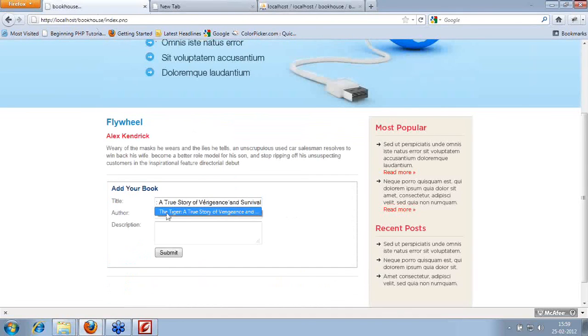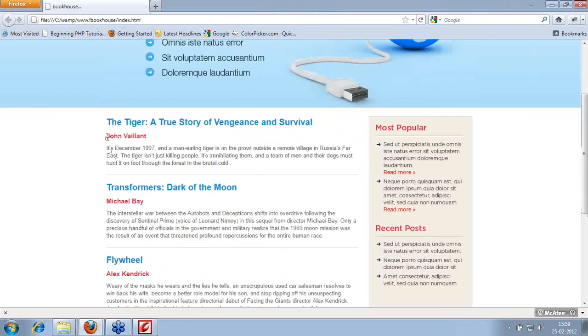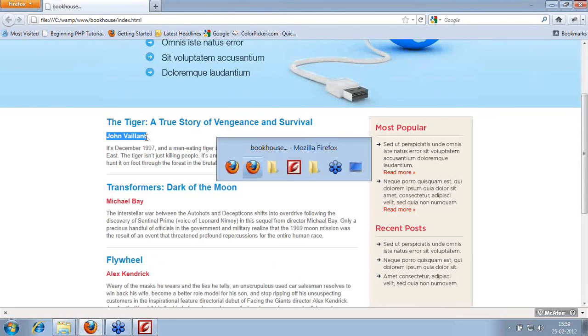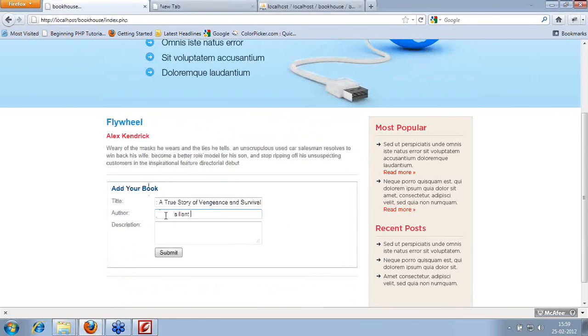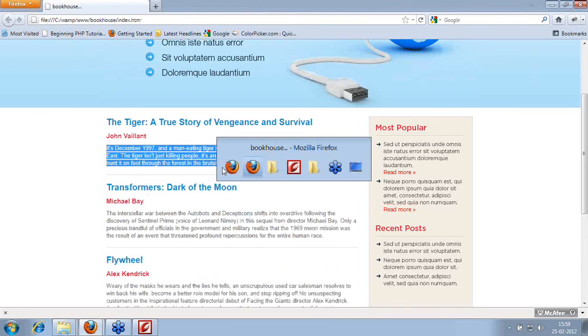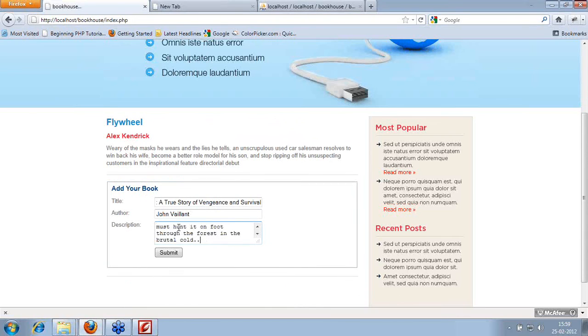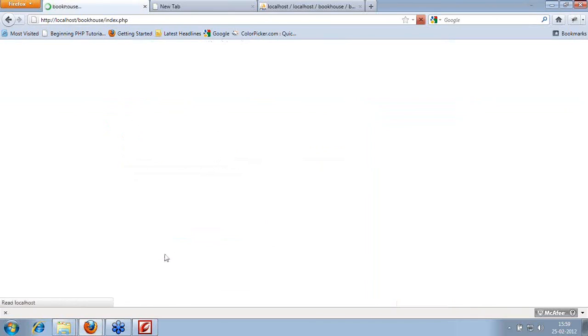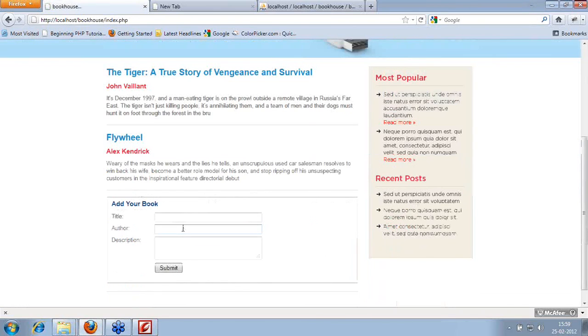If you are aware of JavaScript and jQuery, you can easily use jQuery instead of redirecting the page and doing all these things. The author name and then the values, the description of my book. Okay, now submitting, it will get submitted to the database and redirect to the same page. Now here is the latest one on the top. So what it does is populate the value, store into the database, and come back, redirecting to the index page and populating the value from the database.